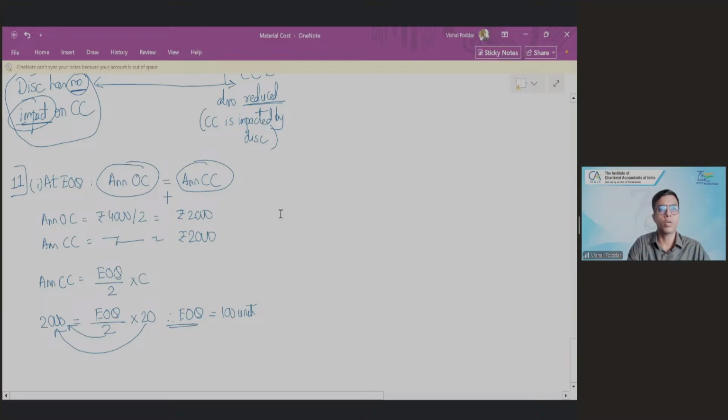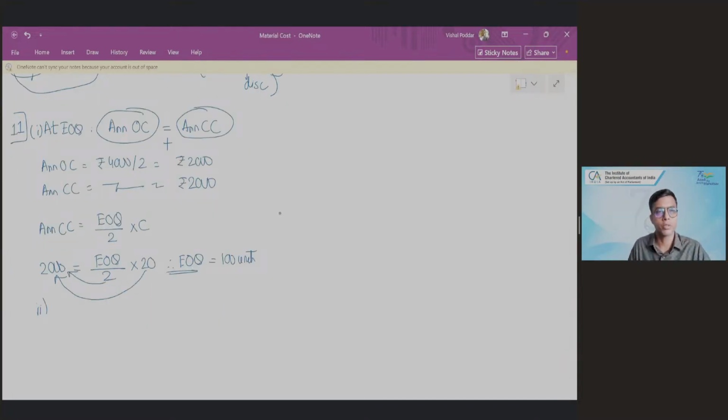Before I go to part 2, I need to first also find out AR. Why? Because AR would be required further. So there are two ways of finding out AR. Either you take the EOQ formula, that will now give you AR because you have EOQ, AR is the balancing figure, or I will use the formula of annual carrying cost, AR upon order size, which is EOQ over here, into O. Now this is 2000. I already know AR has to be computed. EOQ I have,